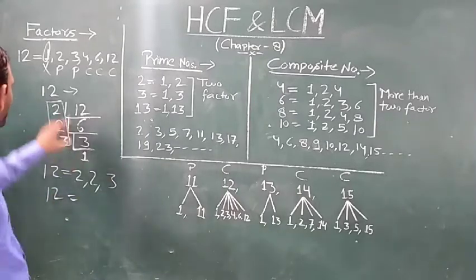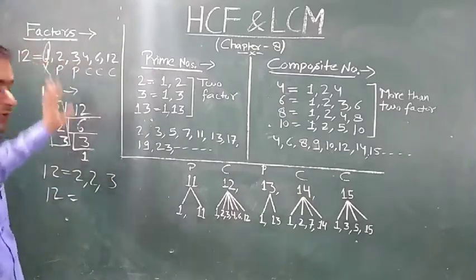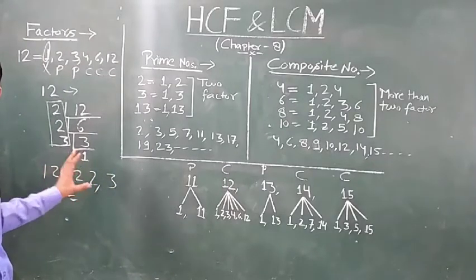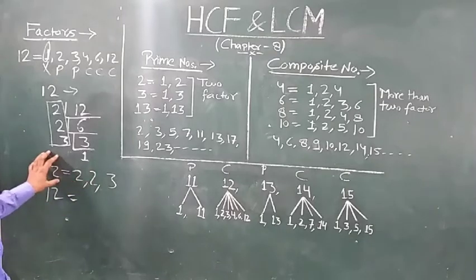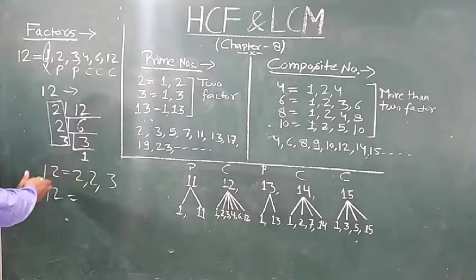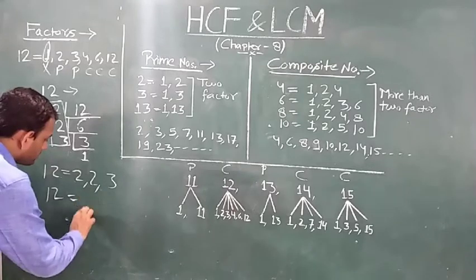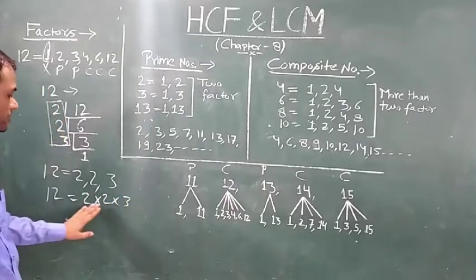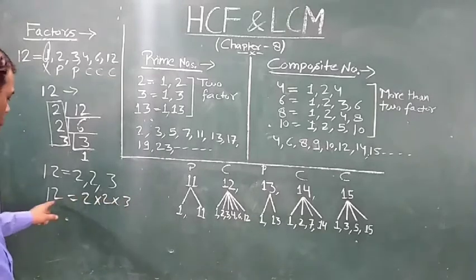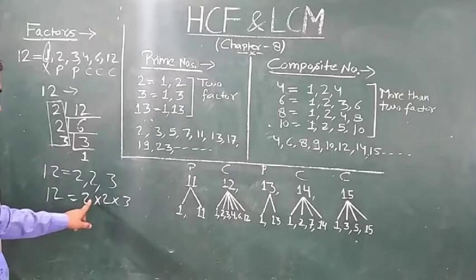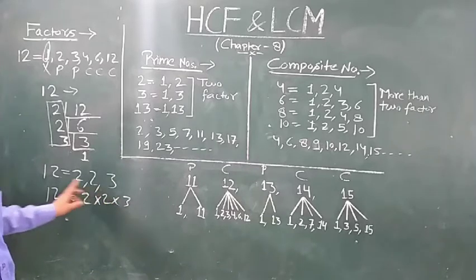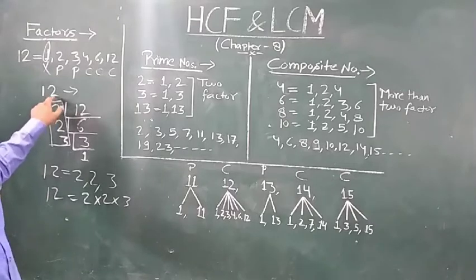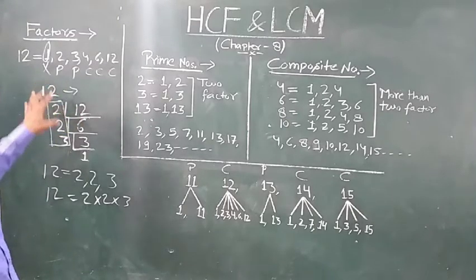I told you these prime and composite are the parts of this. 2, 2 and 3 are the prime factors of the 12. When you multiply them together, you will again get the 12, because these are the parts of the 12. 2 into 2 into 3. Now multiply. 2 2s are 4 and 4 3s are 12. Again we have got the 12. So this is the method to find out the prime factors of any number.